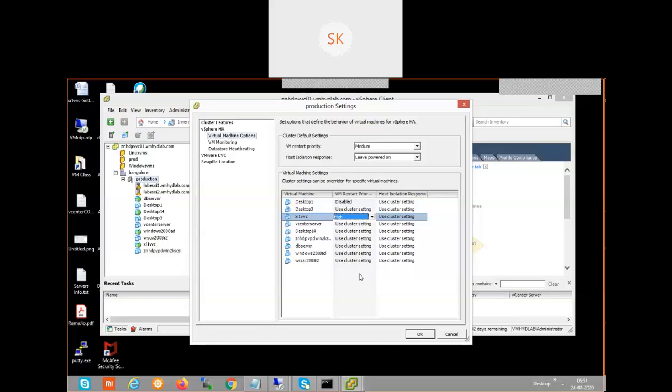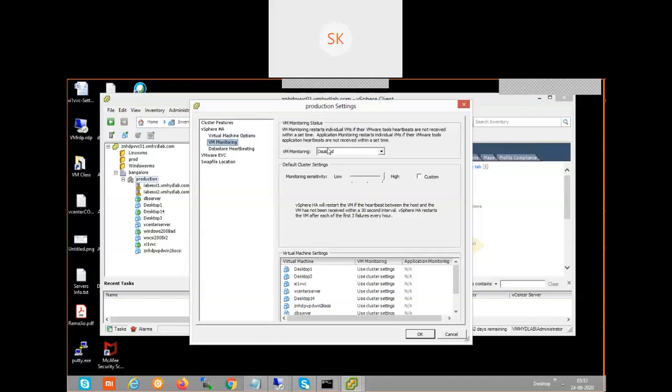Next one, VM monitoring. It is going to check the VM also. We can monitor the VM configuration. If we enable this, it is even going to check the VM's connectivity. But it is not recommended. In special cases, we can configure it as per your requirement. By default, we do not configure it in a live environment. If there is a production requirement, VM monitoring is also possible.